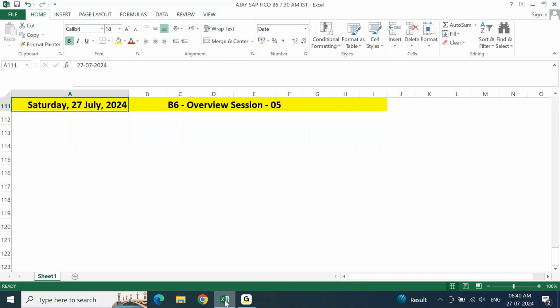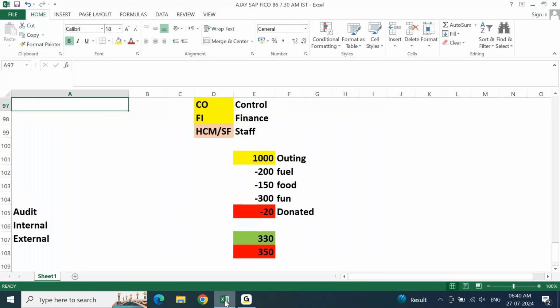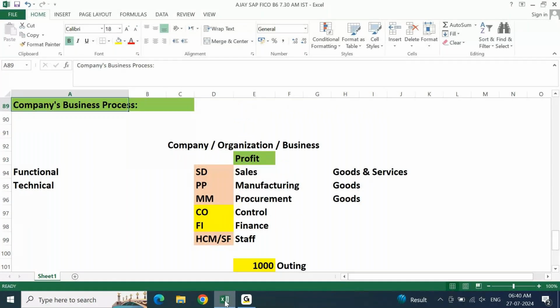In the last session, we were talking about basic fundamentals related to business process or company organization process. There we understood the whole objective of any organization or any business is to make profit. And from there, when we drilled down, we came to know that to make profit, you need sales. And what you're going to sell, you're going to sell products and services, or goods and services. These goods and services or products, you either have to manufacture or you have to purchase from outside.